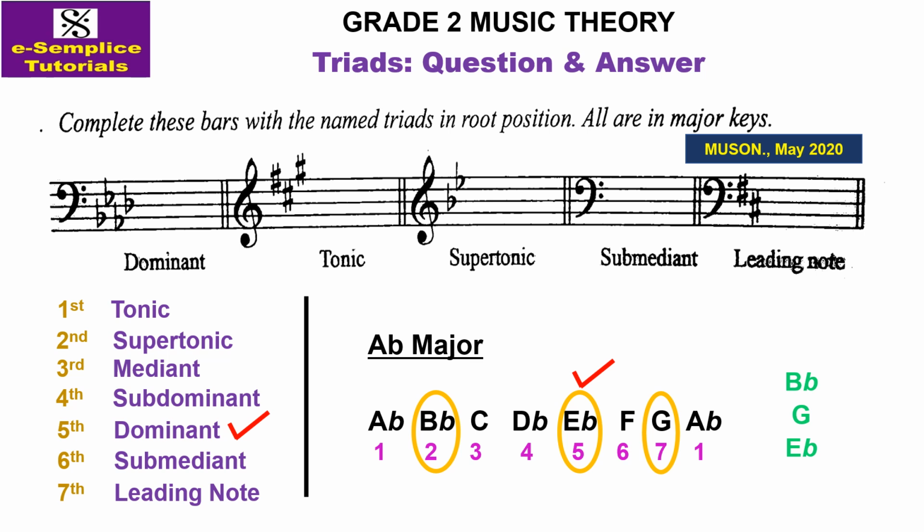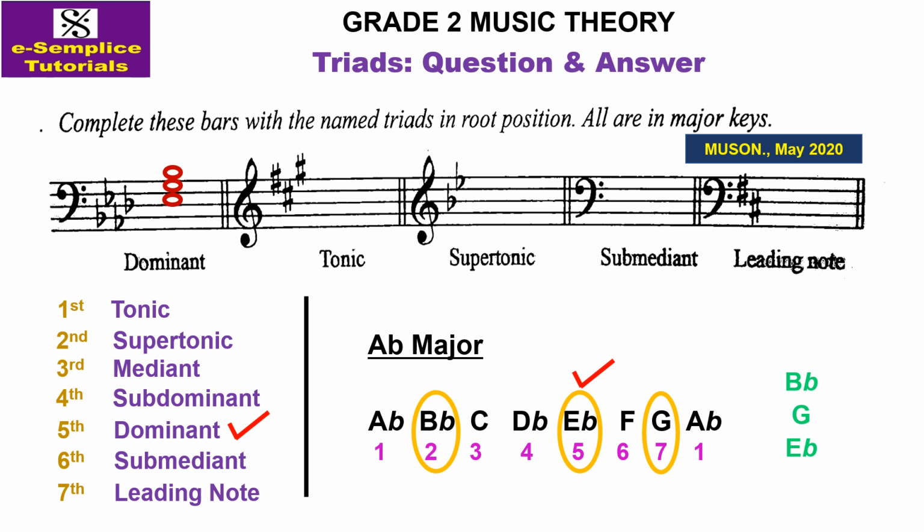Now let's write this triad on the stave. E flat, G, and B flat. That's E flat, G, and B flat. Now the next is a key of 3 sharps, and we are requested to write the tonic